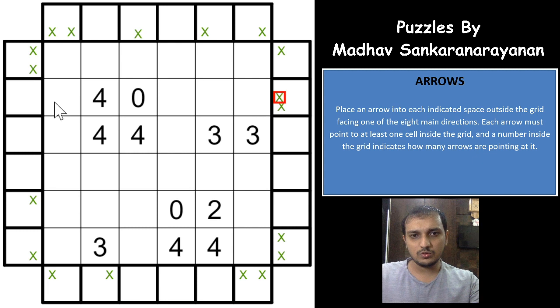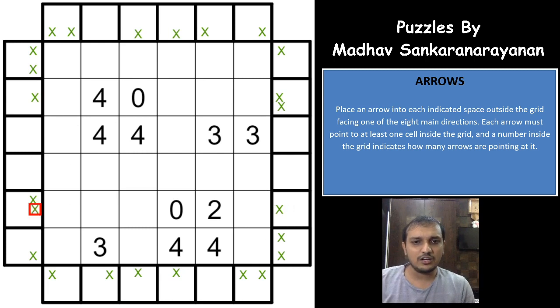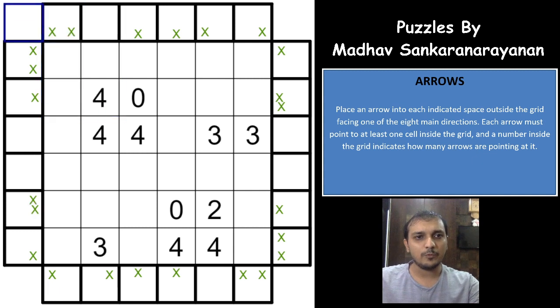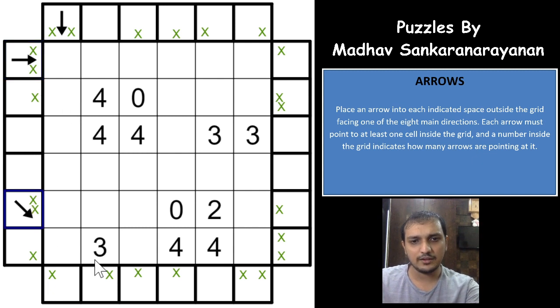1, 2, 3 and 4. And for this 0, 1, 2, 3 and 4. Right? So all the crosses are done now. And after completing the crosses, just look out for the cells having 2 crosses. Because the moment you have 2 crosses, you place the arrow. Right? So this will have arrow towards the bottom. Right, this will have arrow towards the right, and this will have arrow towards the bottom diagonal.